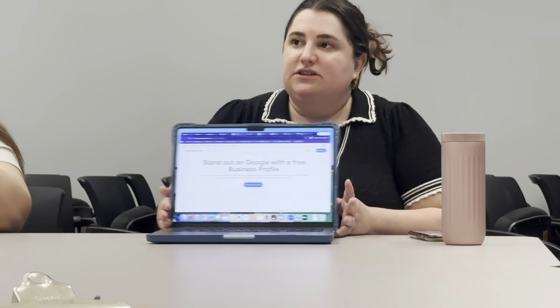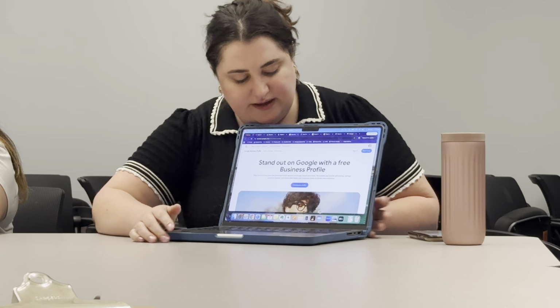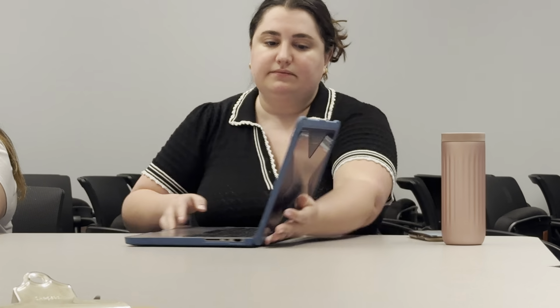While we're waiting on this, I can talk a little bit about the concept of social search and then come back. Oh, wait, never mind. This is the Google business page. Basically, you create a profile. I personally don't have one because I don't have a physical location.